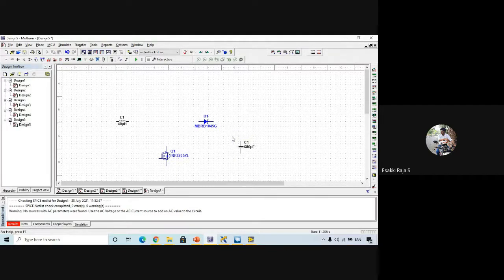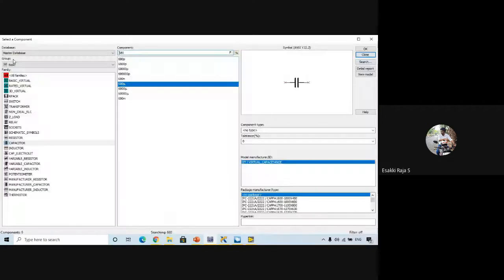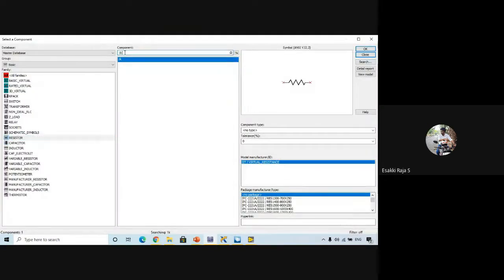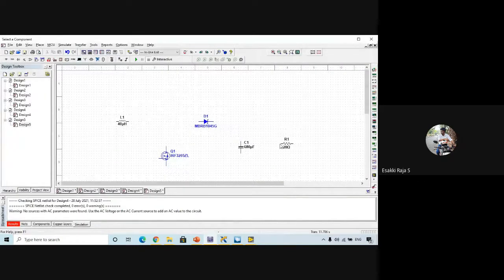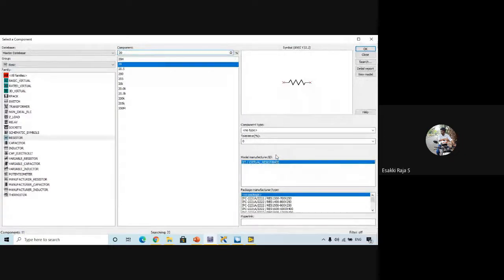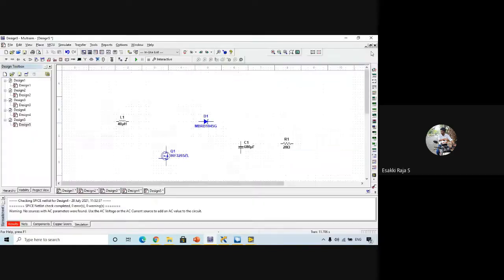Then for a load, I need a resistor. Let me take a very low rating, a 20 ohm resistor for load. In the same way, we'll be connecting a PWM. For the PWM also we need to connect a very minimal load, so I'm going to take a 10 ohm resistor.